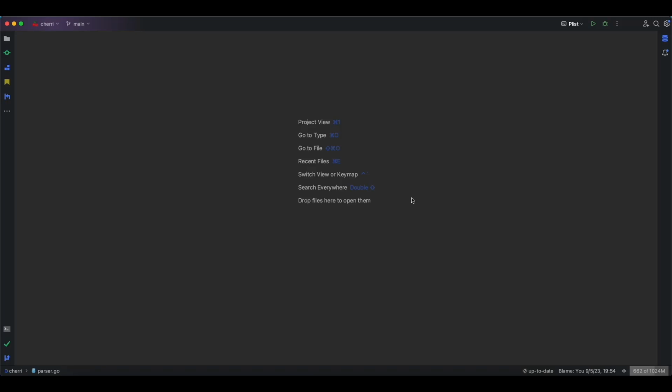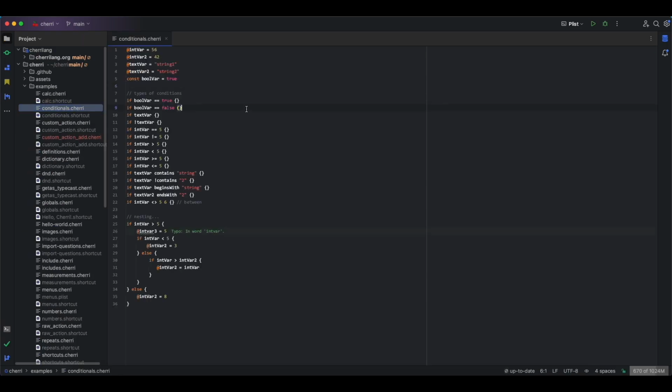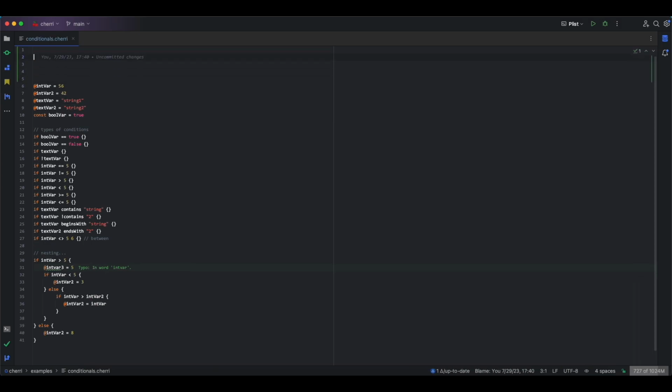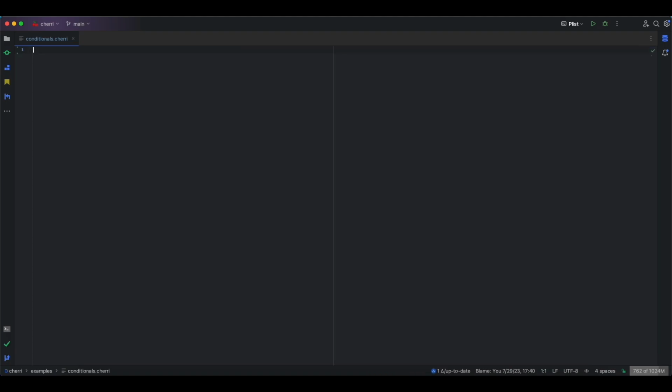Today I wanted to make a video working on the Cherri compiler. One of the things that we don't have in Cherri, and I was thinking about this just a second ago. I'm just using this file as an example. We can undo this and ignore it. But I was noticing that, I was adding this